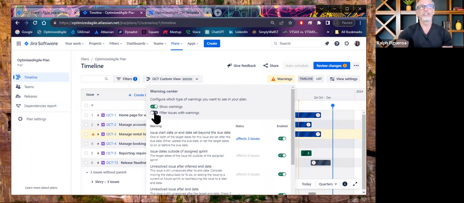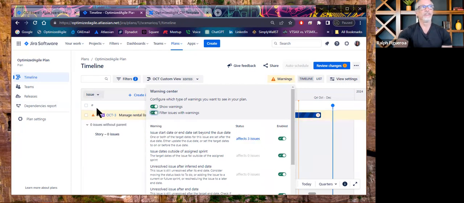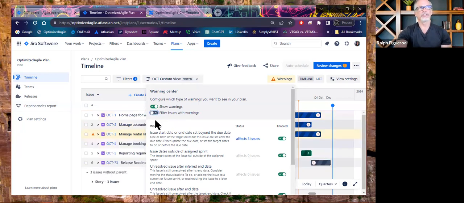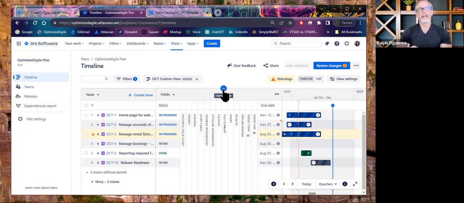You also have the ability to filter the view to show you only the issue types that have issues, so that you can have a cleanup conversation very succinctly without having to do additional filtering. Just by toggling that filter, it will shrink down the view so you can have meaningful information and meaningful conversations right away. That's also very useful. And in the context of risking,